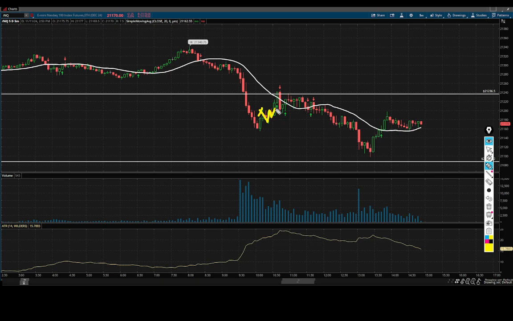We kind of consolidate, chop around. We never lose that low of day, and it continues to push into the 20 SMA. One thing that I wanted to point out is look at where the dead cat bounced at, and look at where it got rejected. At that gap fill, guys, at that initial magnet that we were looking at, that initial push down to fill the gap, we pushed right into it, pulled right back down, chopped underneath that area, and then once we lost this little range, we really started to float,